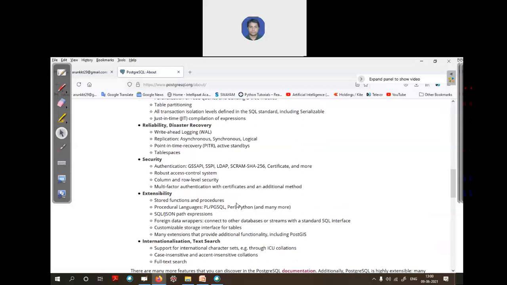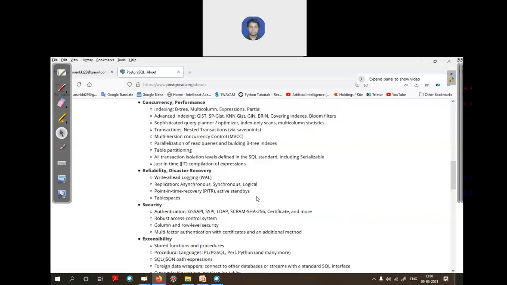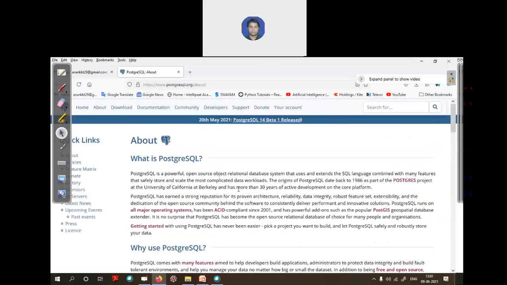What is the comparison of these available DBMSs? Before you join the next class, please visit these websites and read about all the databases, especially PostgreSQL, because we will work on the PostgreSQL DBMS in the next class.